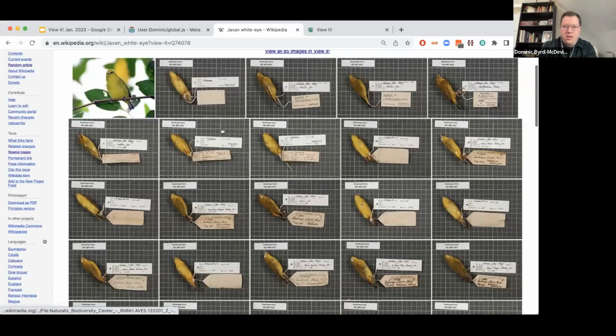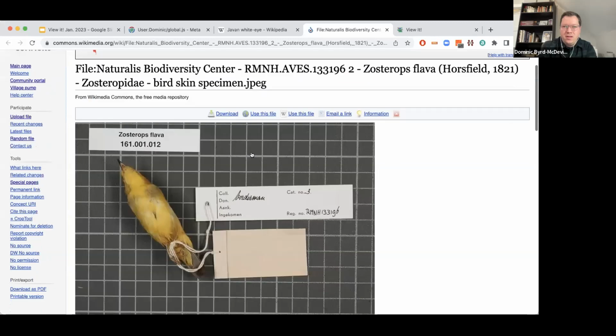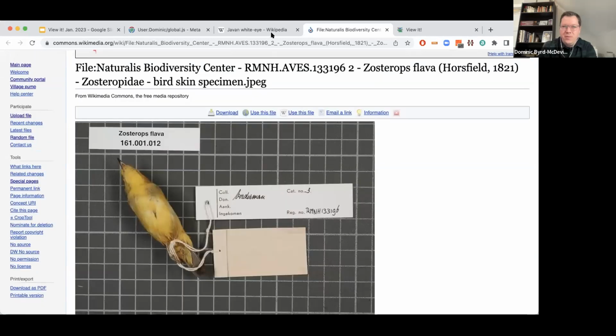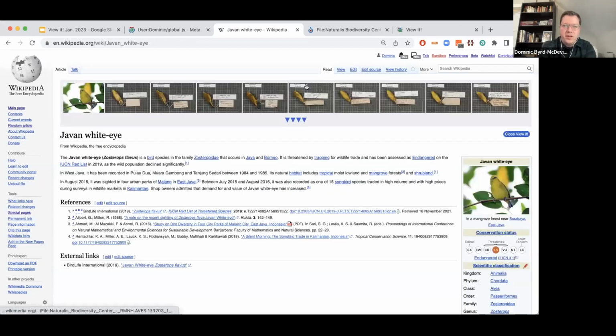I can click one of these and get to the Commons image page from there. And then finally, the newest part of this, which I don't think we really even mentioned in a lot of the announcements we were making a week ago, because it's the editor features that we're working on. So if I click the edit button here,